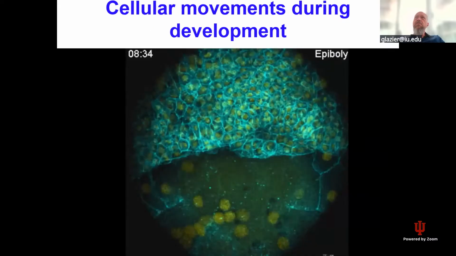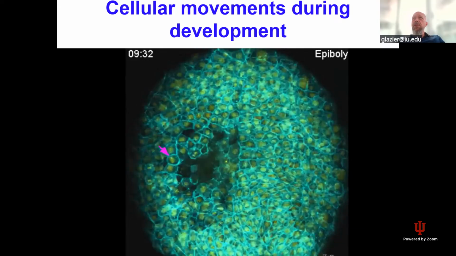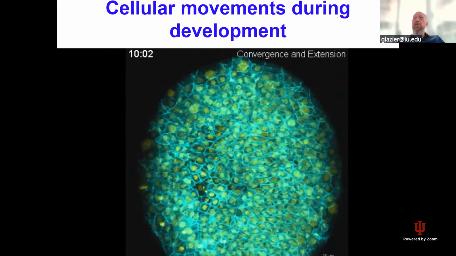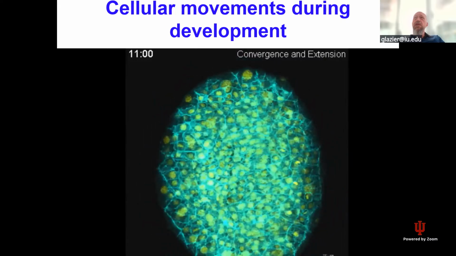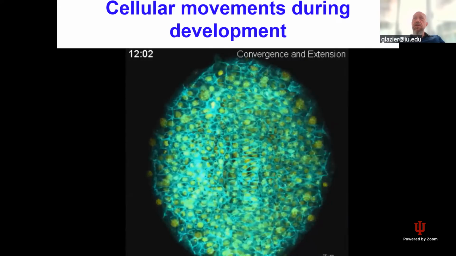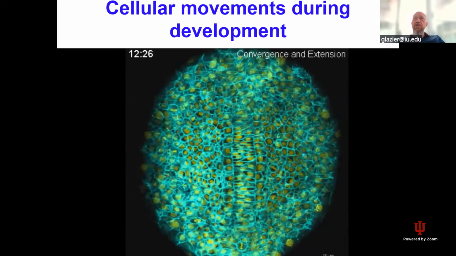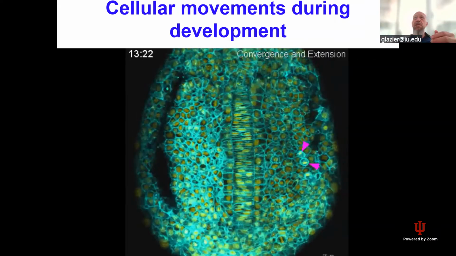So this is epibole in the zebrafish. This is early movement in the zebrafish. And you see, of course, in early development, these long, large-scale flows. And you also see, in this case, convergent extension, where you have cells coming in from side to side and